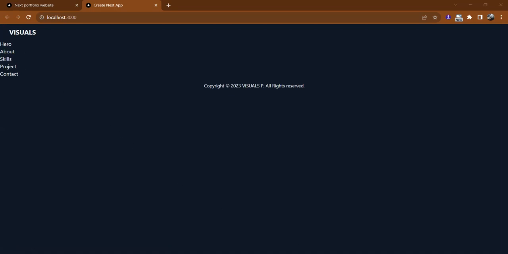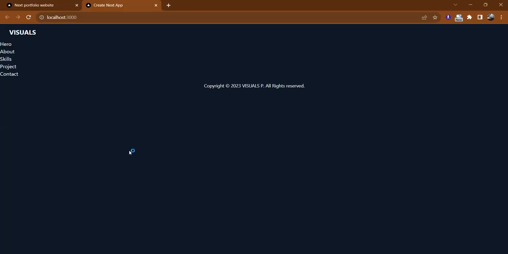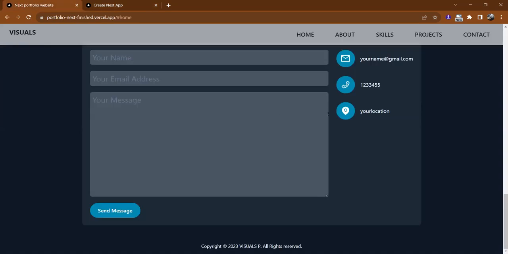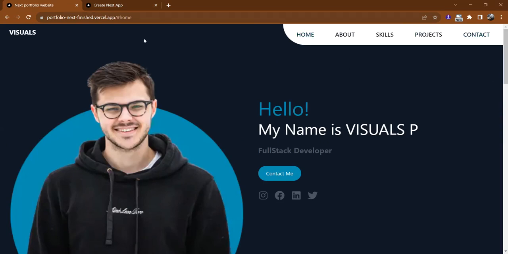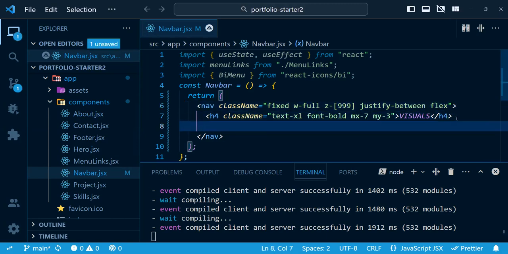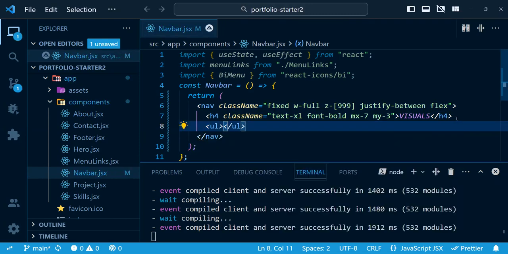First let's give a fixed, sorry, there is a typo here. Let's give a fixed. Now if we save this, you can see all the elements will overlap, but we'll fix that later. So now let's give these elements. You can see these link elements. So to create that, we need to create a UL element, and let's give a class name of